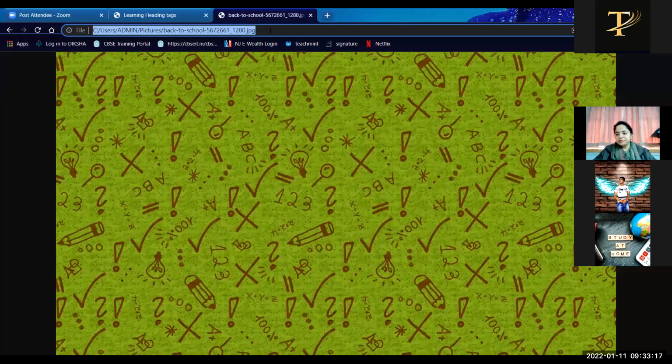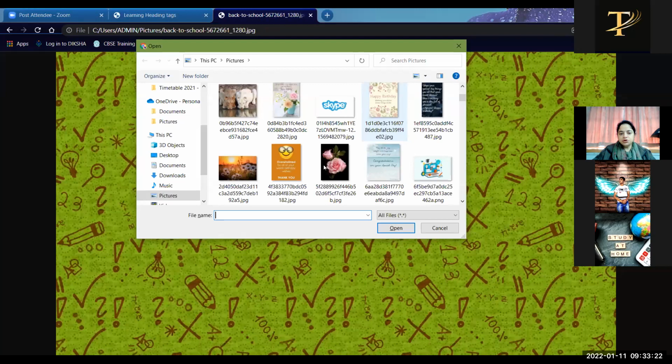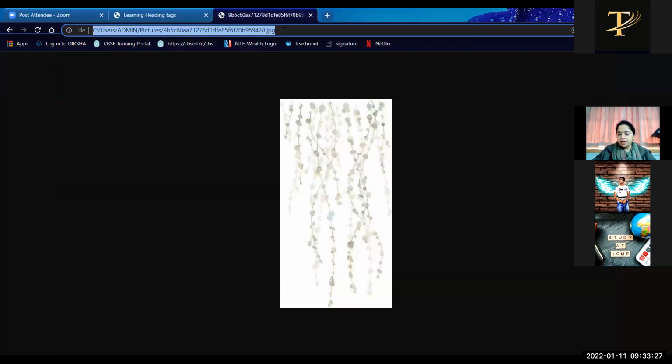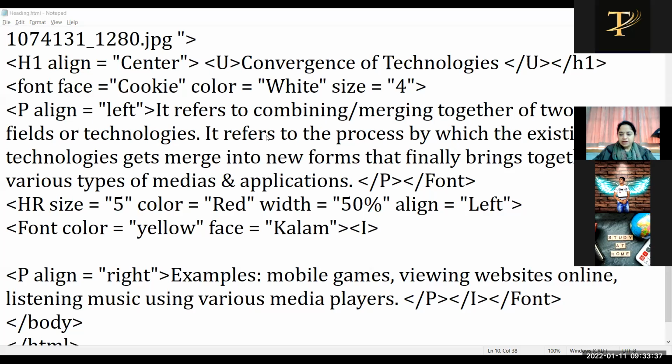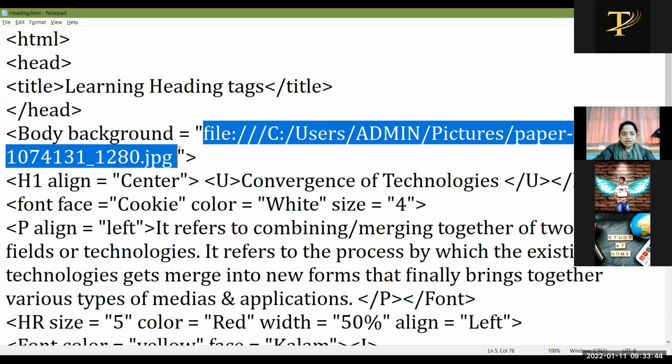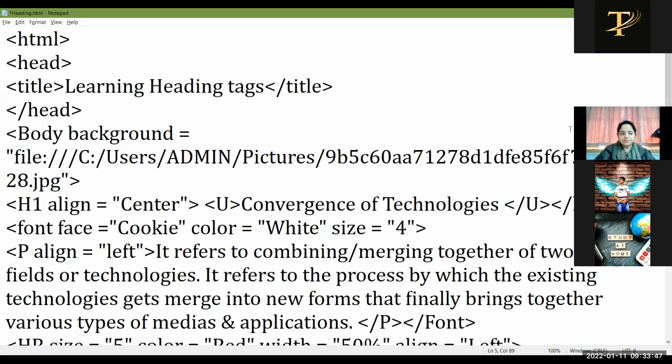To insert an image, you do not have to do anything special. Open your image in the web browser, Ctrl+O, open the image that you want to use as a background. Here the path is there on the address bar. Click on this, copy the path, Ctrl+C. Go to the notepad coding where you are writing the code, type background equals to, and within the double quotes paste the path.